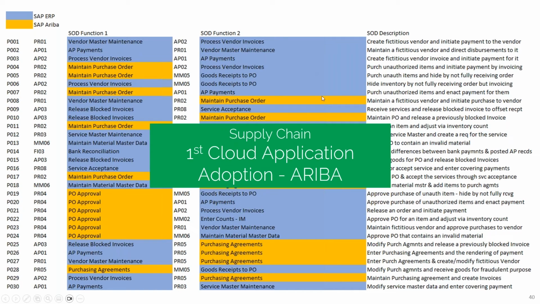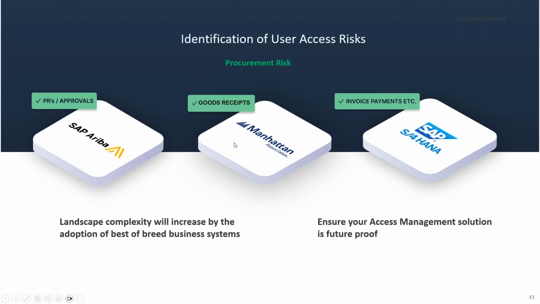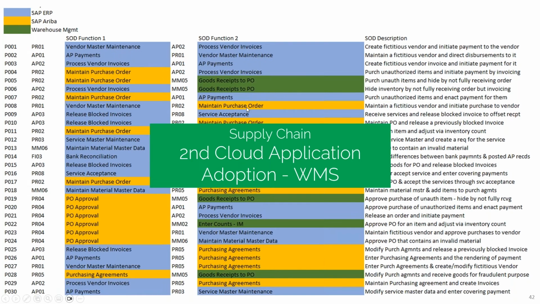Because if Ariba is the first one you adopt, just think, if I start adopting a warehouse management solution and all of my inventory transactions, my scrapping, my receipts, my issues, my inventory counts, all of that starts happening outside of SAP warehouse management or SAP ERP, now I have several more risks that will be cross-system. And many of those risks could be cross